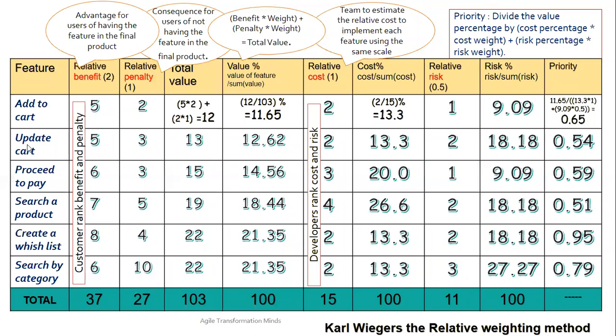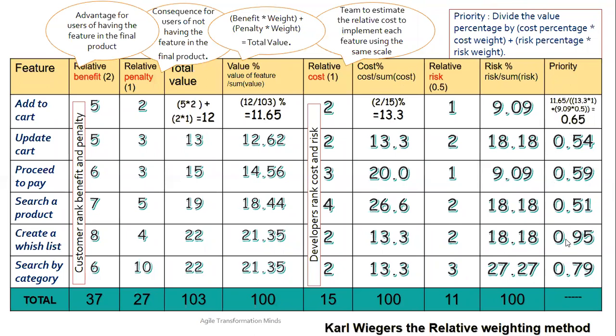So our intention is to prioritize this. Among the 6, which should go first? You consider value, cost and risk, and based on that, you create a priority. So this is the last formula. Priority is the value percent, that is this 11.65, divided by cost percent into cost weight, plus risk percent into risk weight. So that will give you the percent